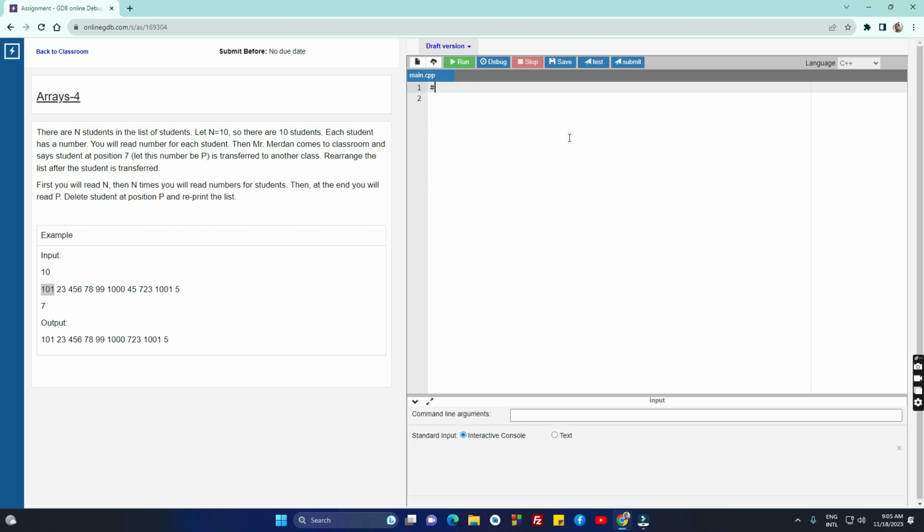So, include iostream, then using namespace std. Now I'm going to create variable n and I'll read variable n. Now I have to create a loop that runs n times,